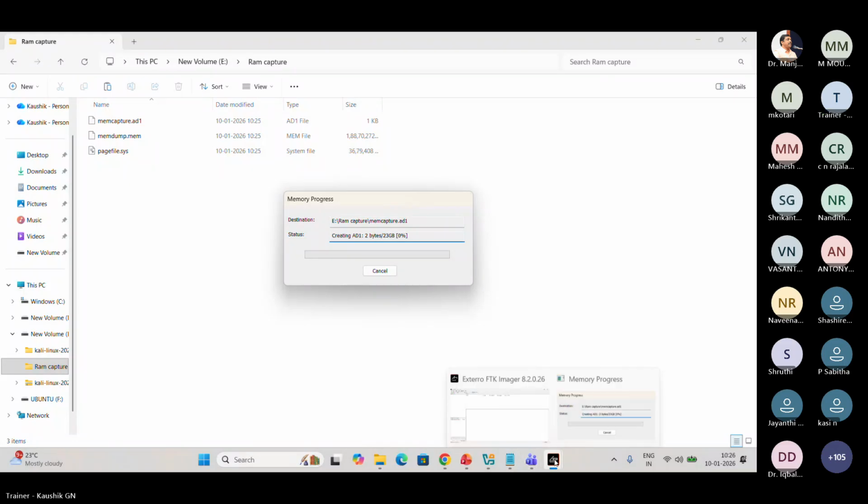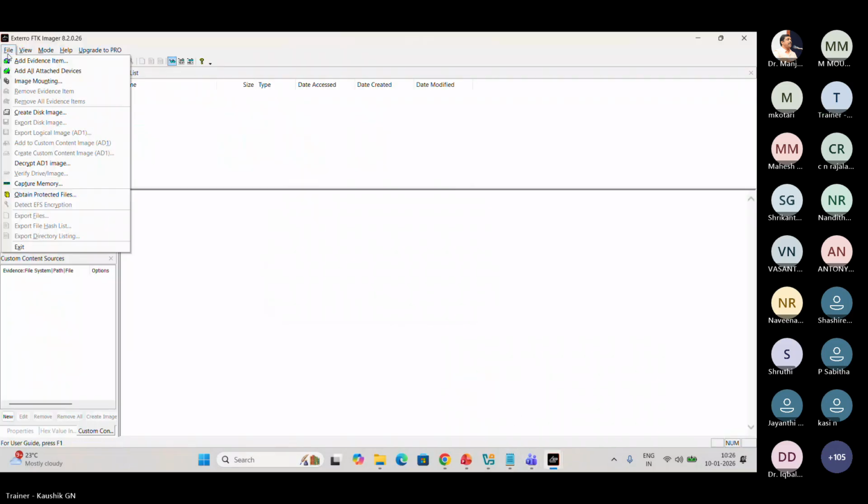Meanwhile, we go to the application. So the image is created.